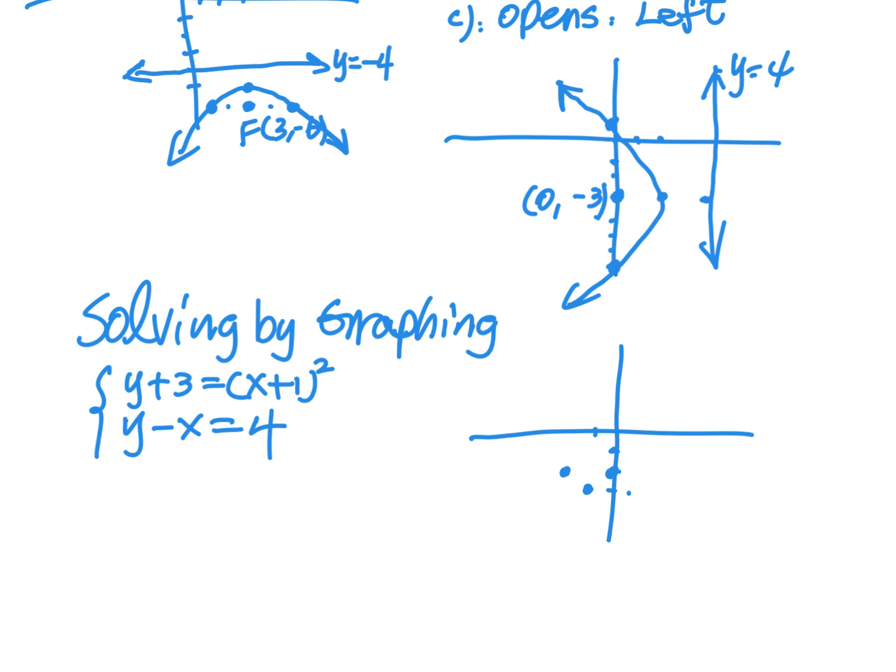This should be 2. See, 1, 2 right here. Then I go 4, so it's a little bit more skinny. It should be here. Okay, without grid it's hard. So this one is y equal to x plus 4. So the 4 is here, y-intercept is 4, and then